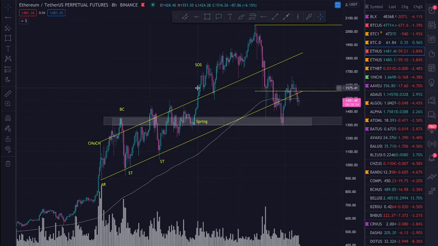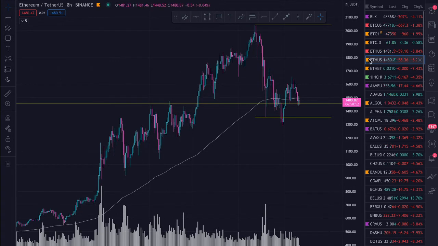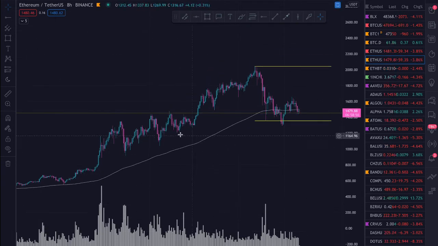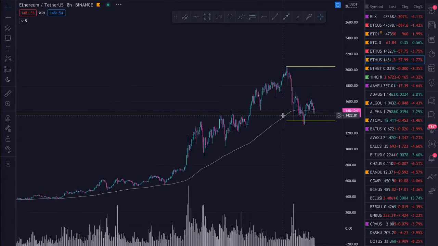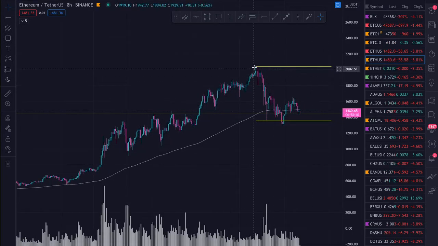So Ethereum, let's go to the spot chart. Same sort of story. I have this line right here, which is the previous all-time high for Ethereum on the Binance chart. And very similar structure. We had this buyer's climax, we came down to our automatic reaction range down here, and we're just looking for this area to tentatively hold as support. Everything looks fine. We're making higher highs, we're making higher lows.